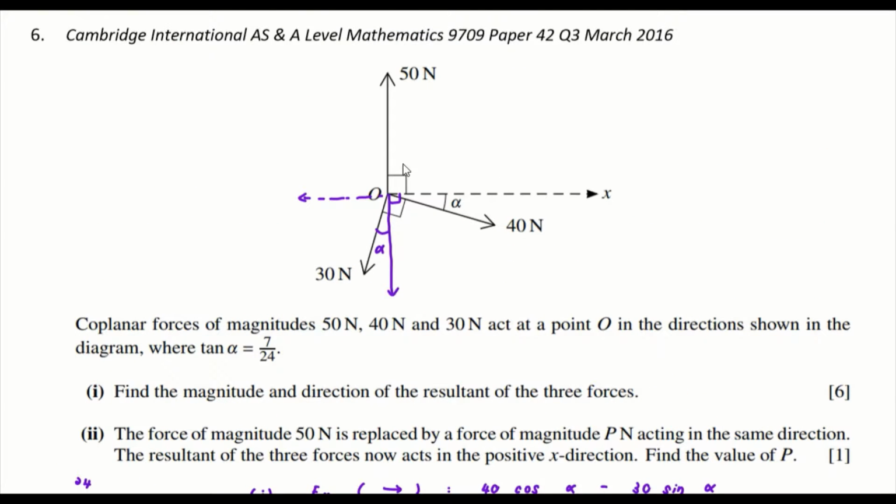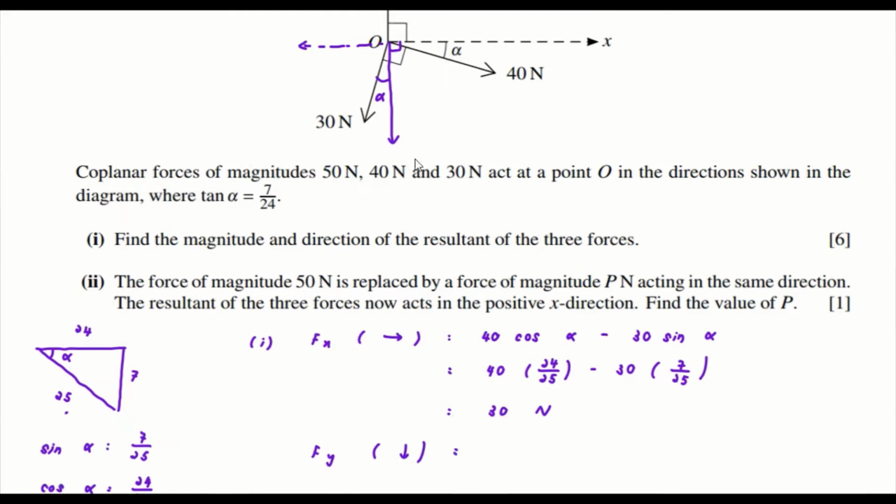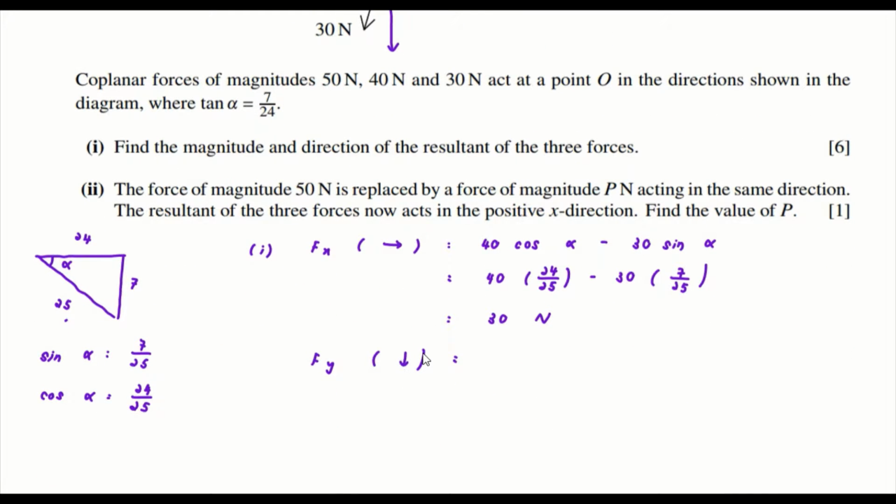Okay. Oh yeah, just now we didn't do the 50 because 50 is exactly on y. So that's why you already know that cos 90 will give you 0, so you don't need to add in the 50 just now for the x component. Okay, so for the 50 here, so we know that if let's say we try to do going down,